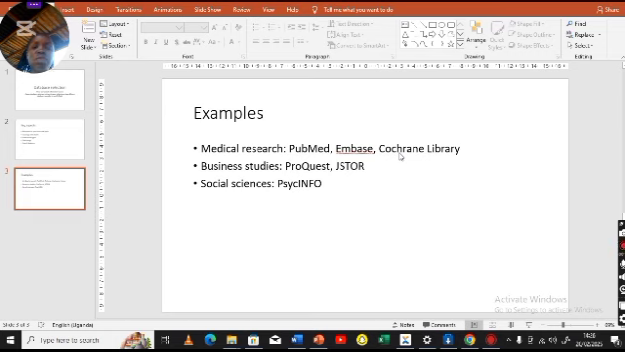And those who are doing business studies, students or lecturers in the business field, can use ProQuest or JSTOR. Then those in social sciences can basically use this